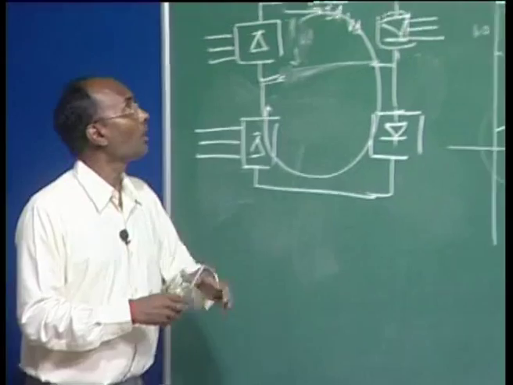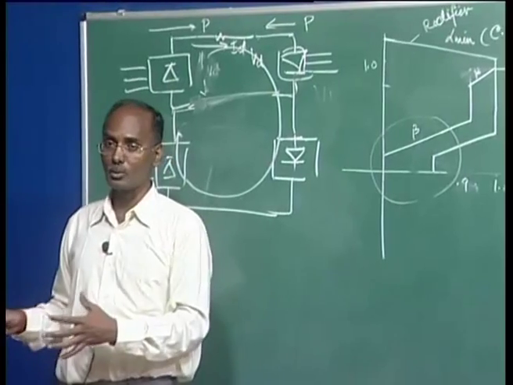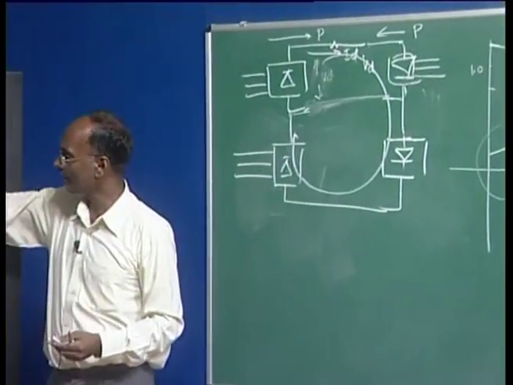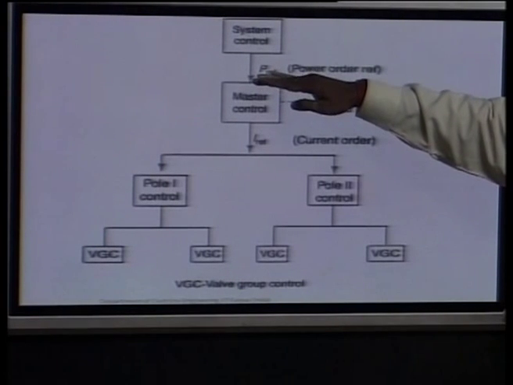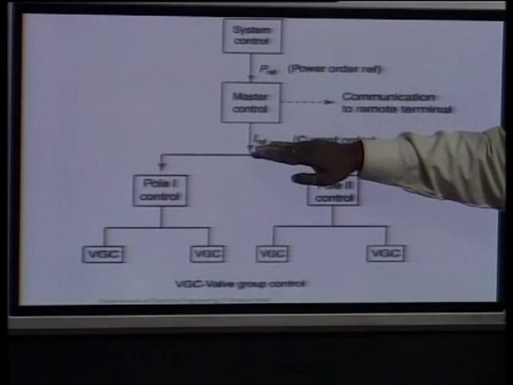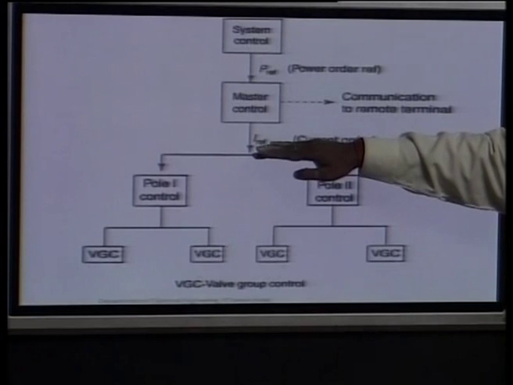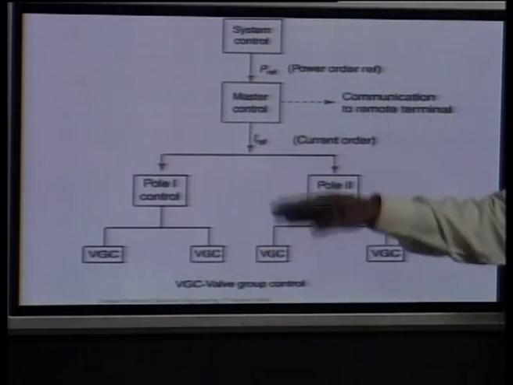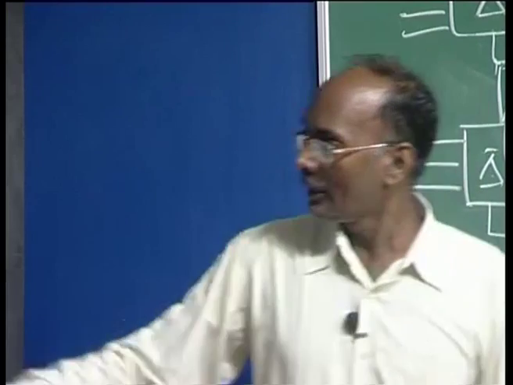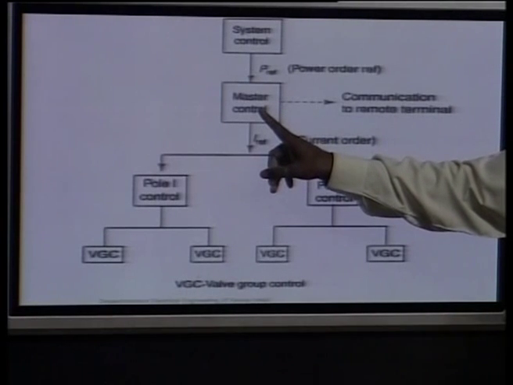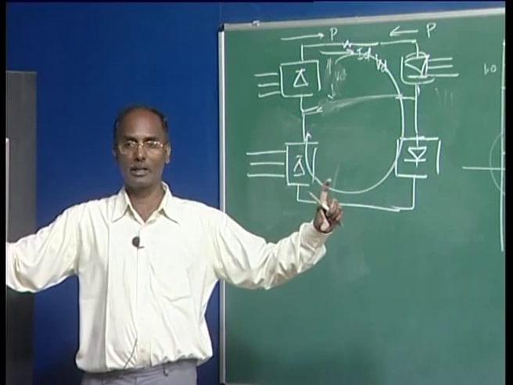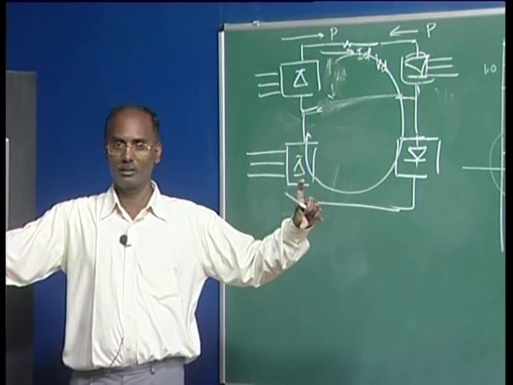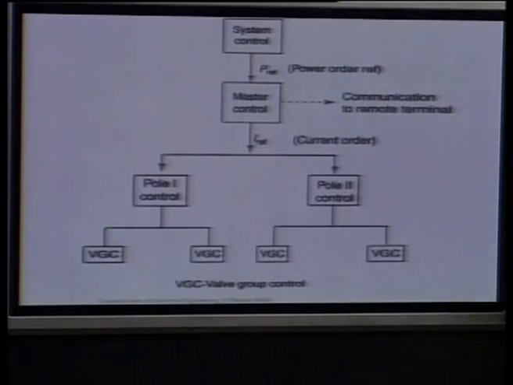We'll see how the control design is going to be, but the whole hierarchy is, first one is this, then we calculate what power reference is required in this link, then we set what the current reference value will be, and therefore we go for all this pole control here. This master control is required, because it says that you have to control your rectifier and inverter together. This system control is the whole AC/DC network.